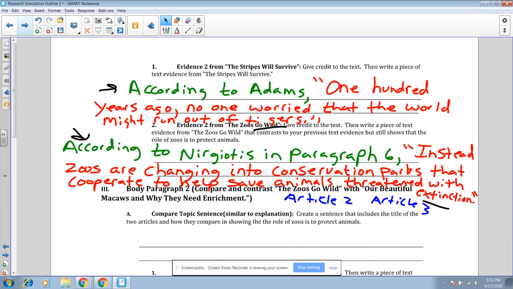So you're comparing Zoos Go Wild with Our Beautiful Macaws. And your first sentence needs to be, how do these two articles compare? So how are they similar in proving that zoos protect animals? Once you do that,